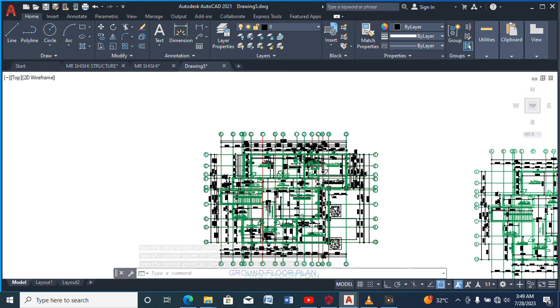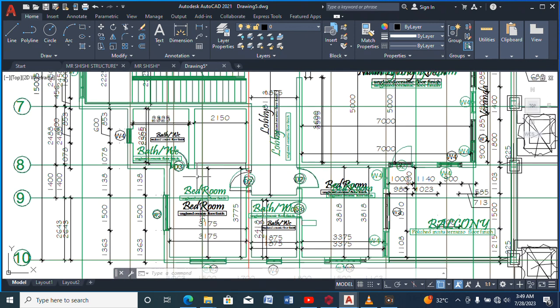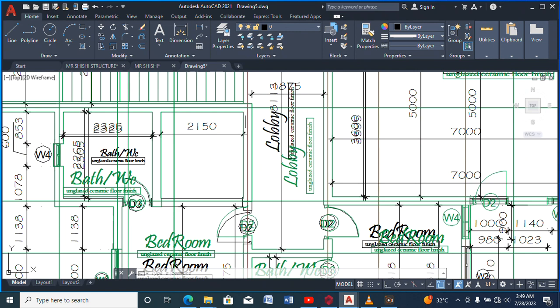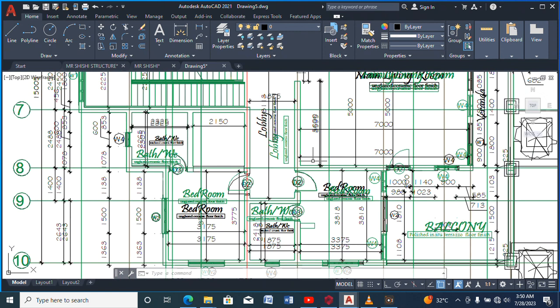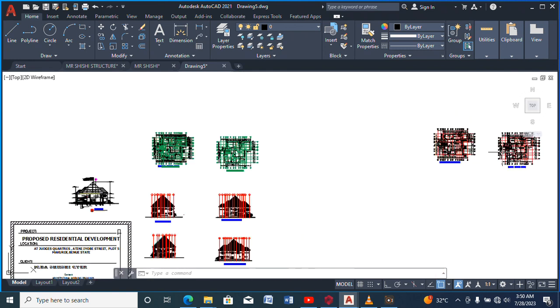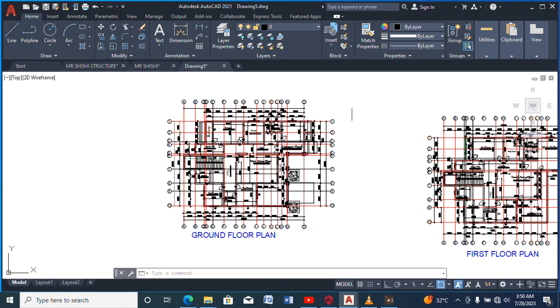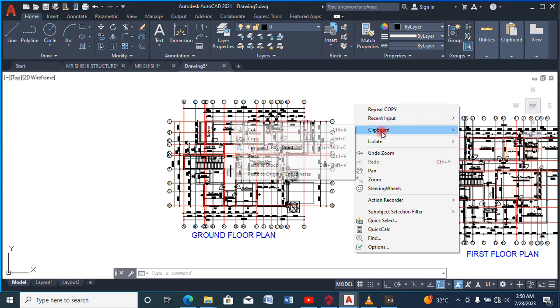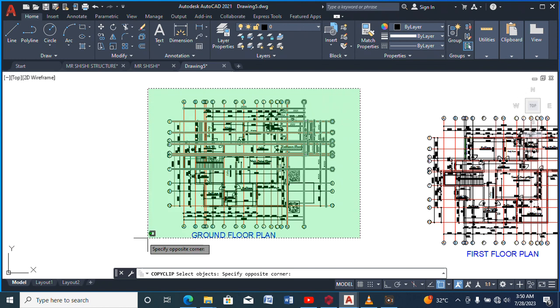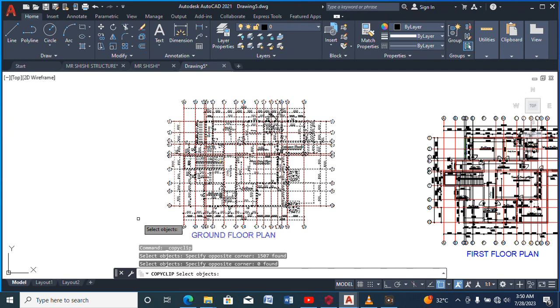After pasting, I will still go through my drawing. I've gone through it and I've seen that both the first floor and the ground floor are the same. You can see that there is no place where the walls are shown in the middle of another room. So it shows that the ground floor and the first floor are the same. Since both are the same, I can just copy one of the plans. Let me see the ground floor now. I will copy this one. I can actually copy the one I made, but I want to copy this. Copy it